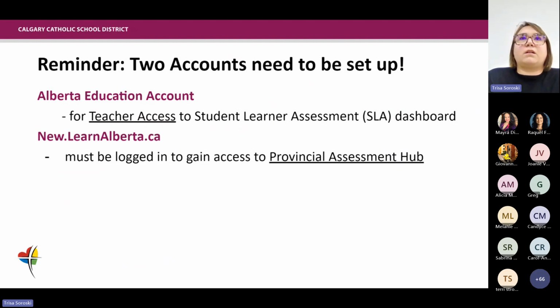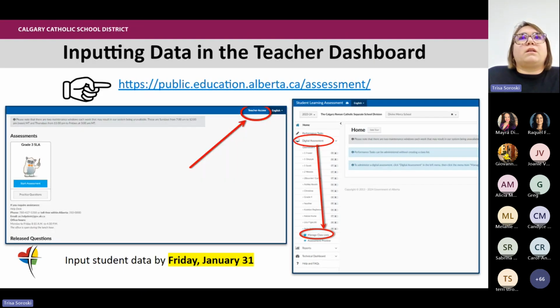The names aren't all loaded. They have to put the names in themselves. Is that right? We don't have a testing ground, so it's tricky for us to know the answer. But I want to say that they're associated with the school. So when you choose your school and you create your classroom, you can go in and choose the students that are rostered at your school. But sometimes I've heard that a student might not be there, and then you can search for them with their Alberta student number.